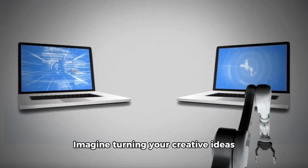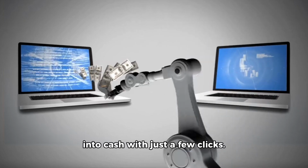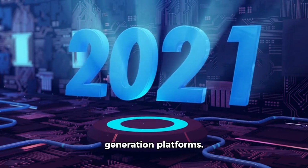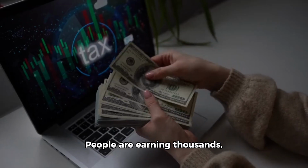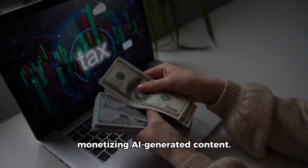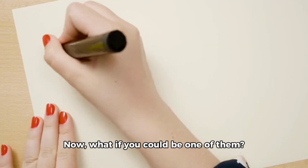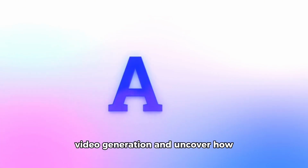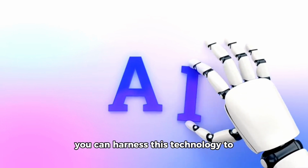Imagine turning your creative ideas into cash with just a few clicks. In 2024, you can do exactly that by leveraging AI video generation platforms. People are earning thousands, even tens of thousands of dollars every month by creating and monetizing AI-generated content. Now, what if you could be one of them? Intrigued? Let's dive into the world of AI video generation and uncover how you can harness this technology to generate